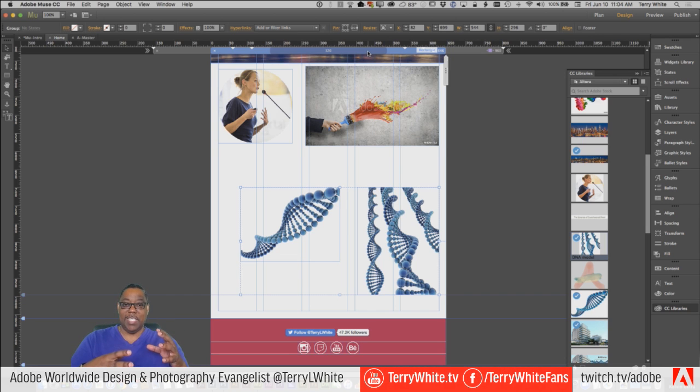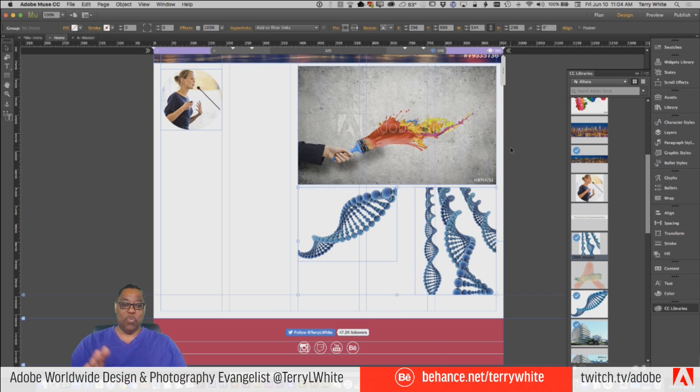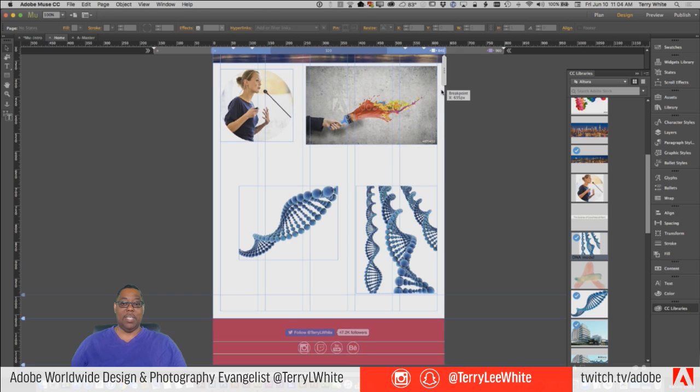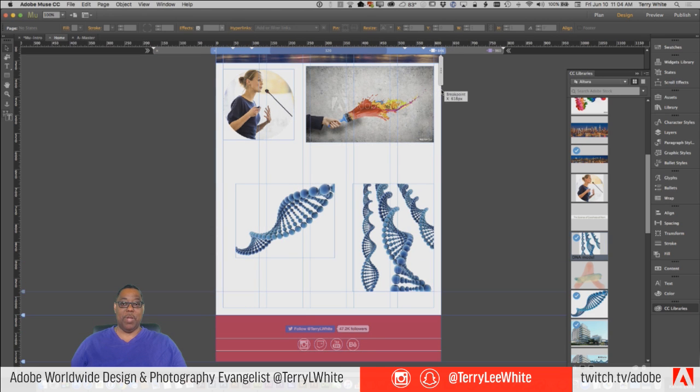So by not doing it before I added the breakpoints, I'm now saying add this item in, and it automatically got replicated to the other breakpoints based on those other breakpoints. So it just depends on which order you do things in. So now it's okay because I copied it to the other breakpoints with the same grouping, same everything. So the one at the top is going to scale. The one at the bottom is not going to scale. And the one at the bottom now should stay relative because they're grouped together. So it's staying relative.